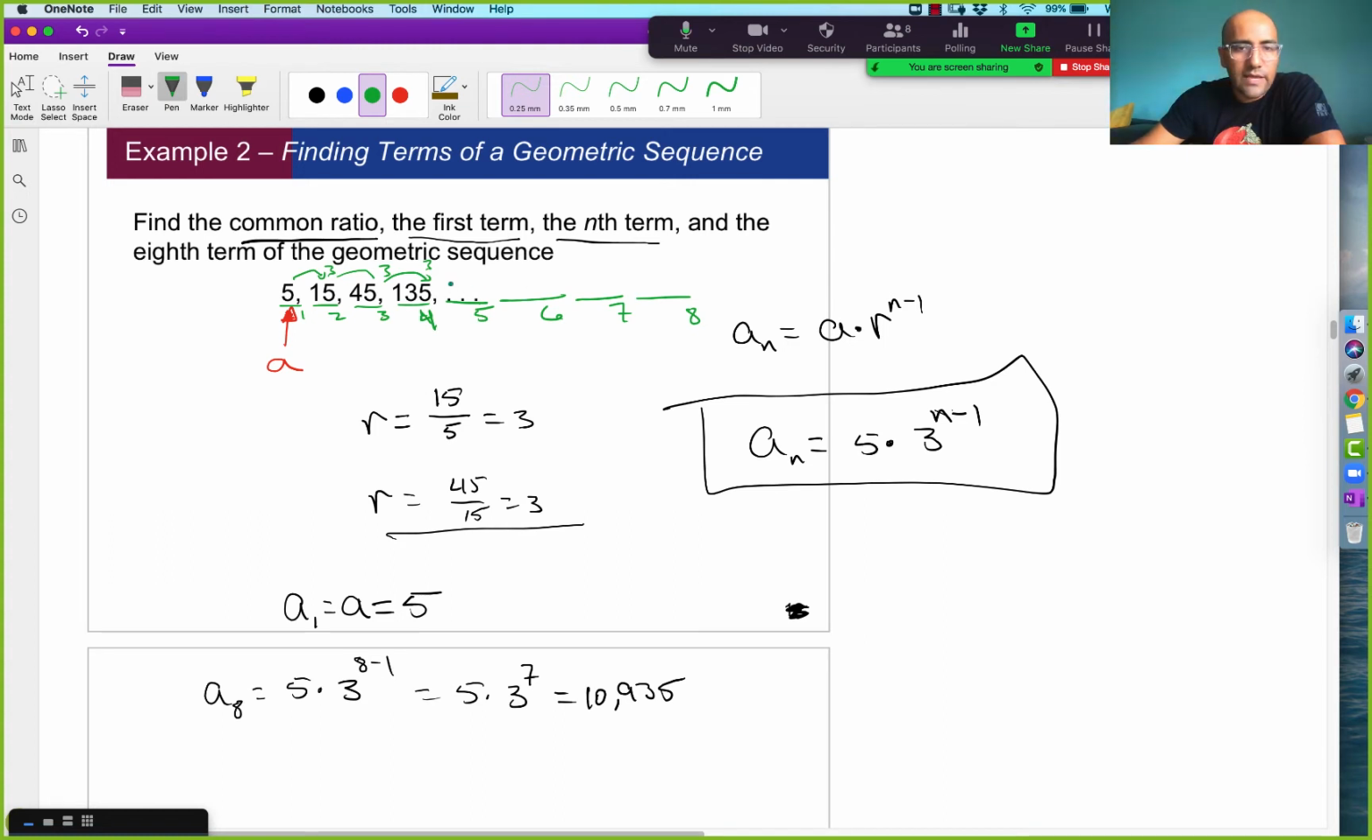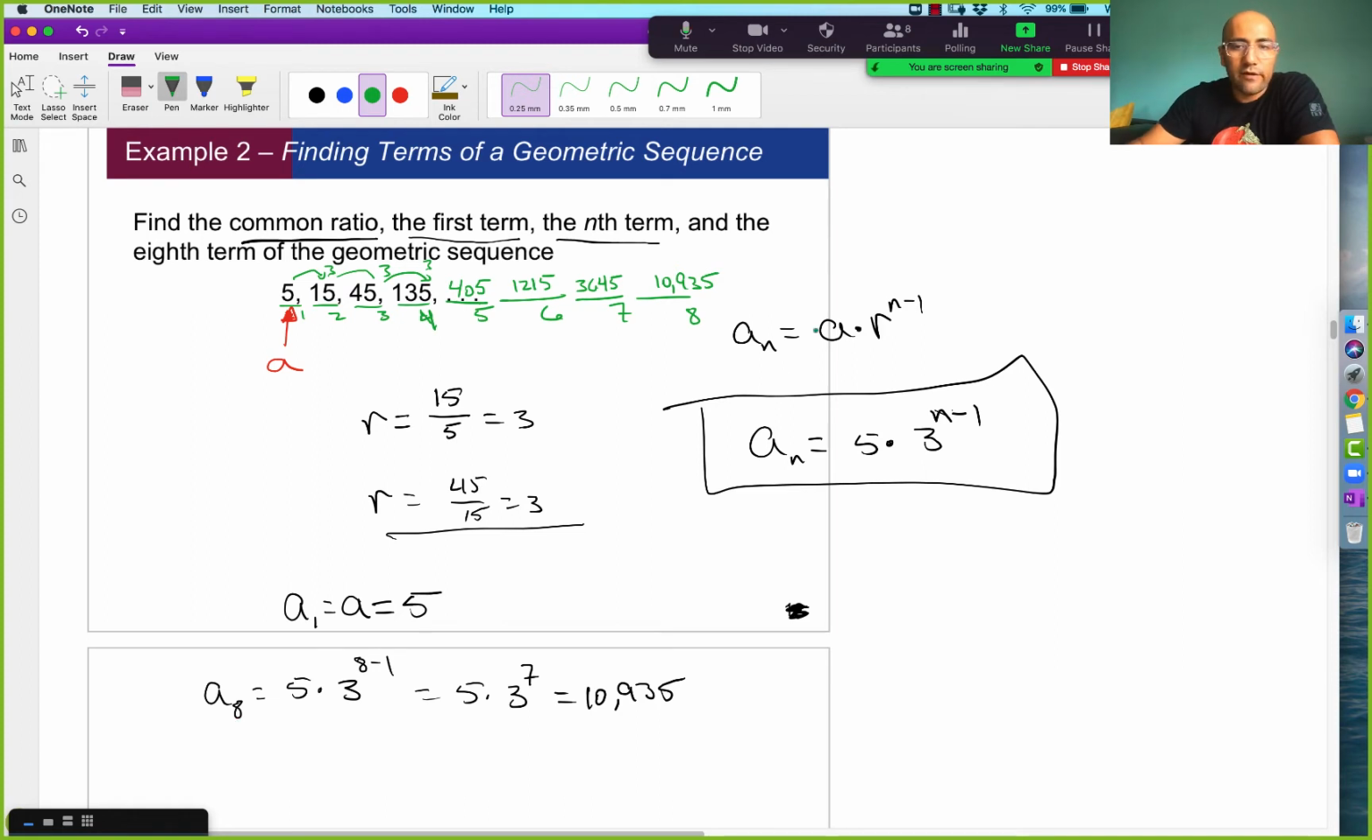135 times 3, the next one is 405. Multiply that by 3, the next one is 1215. Multiply that by 3, the next one is 3645. Multiply that by 3, and the next one is exactly what we got, 10,935. So we could have gone this route, and it wouldn't have been that bad since we only had to find a couple. But it's important to be able to do it both ways because